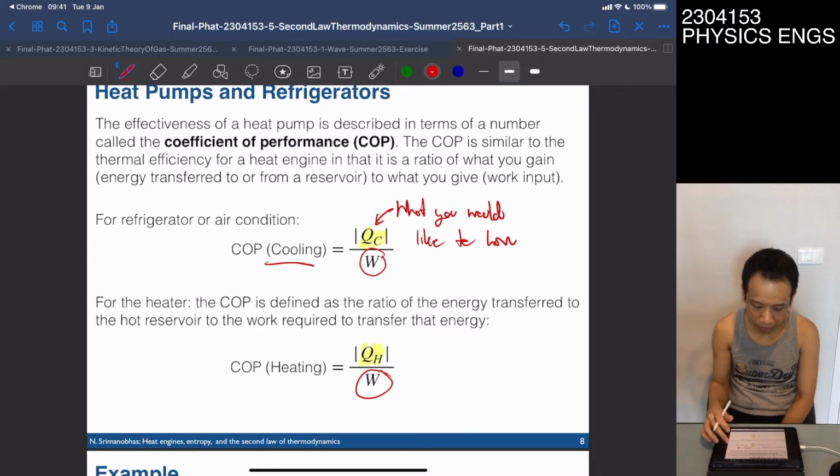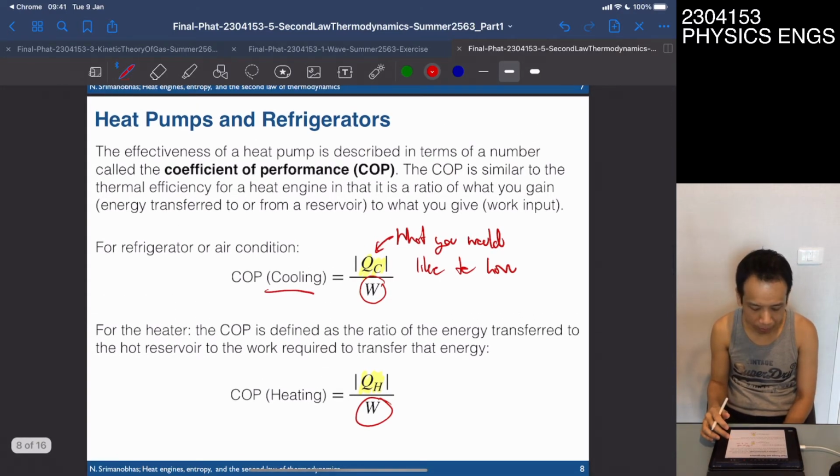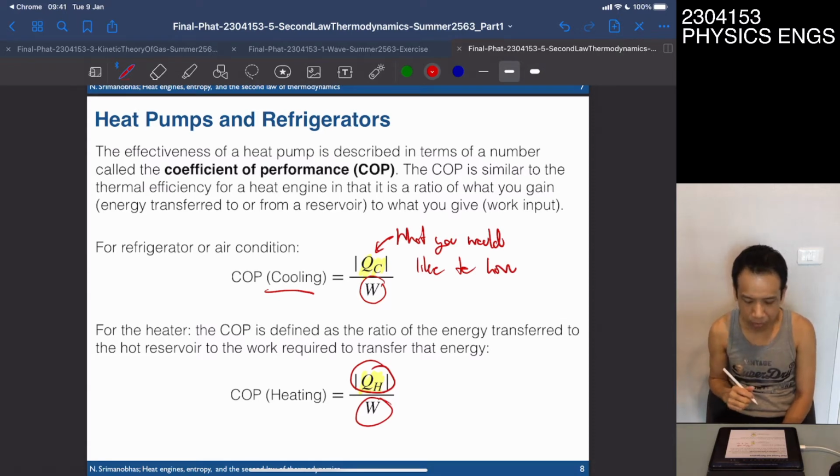So you need to have heat removed from the cold side, and for the heaters, you would like to get the heat in the hot side. Okay, so if you ask me whether it's difficult to remember, it's not, if you can answer yourself what you would like to get and what you have to give. And for the heat pump and the refrigerator, you know that what you have to give is the work,